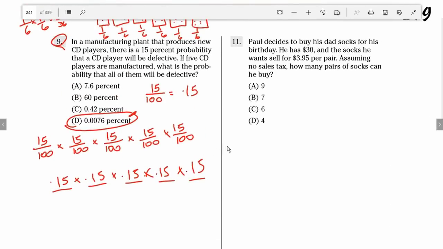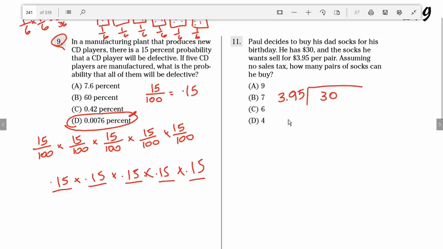All right, number 11. Paul decides to buy his dad socks for his birthday. He has $30, and the socks he wants sell for $3.95 per pair. Assuming no sales tax, how many pairs of socks can he buy? So this becomes this problem. 30 divided by